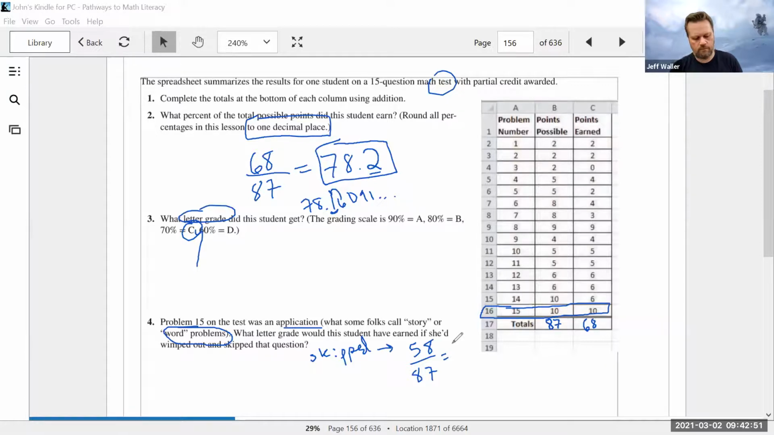68.2. No. Oh, you're thinking, now you've got to be careful. You can't just subtract 10 from this because it's out of 87. You've got to actually do this division. Right? It's not 10 points out of 100. 66.66. Yeah, they get the